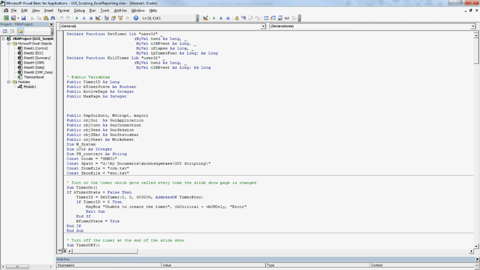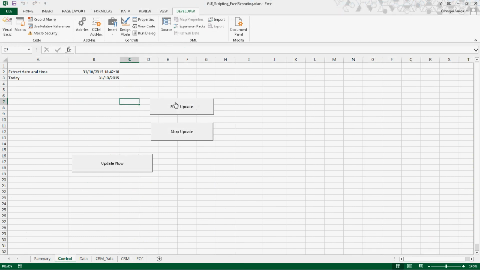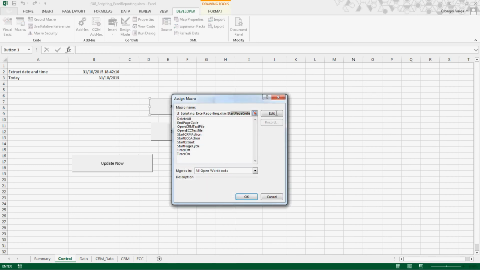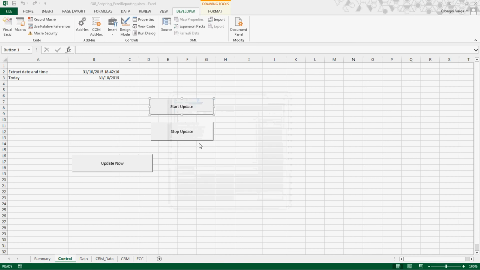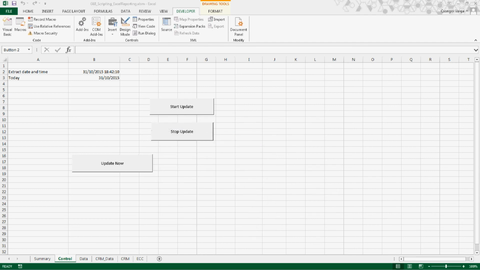So the only thing which is left to discuss is these two buttons, which are the start update and the stop update. These are the ones which actually activate and deactivate the timer. So we can look at the macro assignment. This button calls the start page cycle, and the other button calls the end page cycle methods in the code. So switching back to the code,